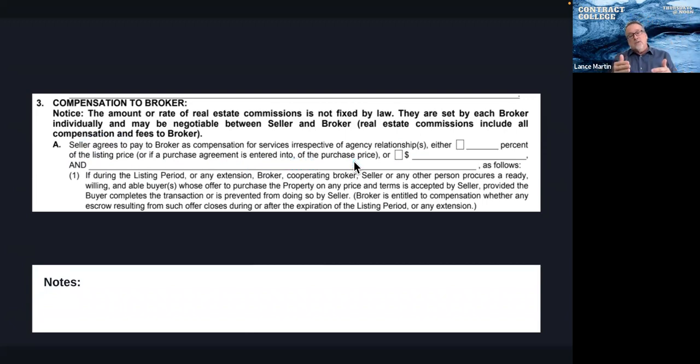So if the purchase price is negotiated down, they agree to sell it for, what did I say a minute ago, $850? No, they're going to sell it for $830. Well, now it's 6% of $830. But what if we got multiple offers? The property gets bid up to $900,000. Now it's 6% of $900,000. So it's either the list price or whatever the actual negotiated price is. Generally speaking, and this happens periodically, I can't really remember the last time it happened to me. It has happened to me, but if you negotiate the price down,